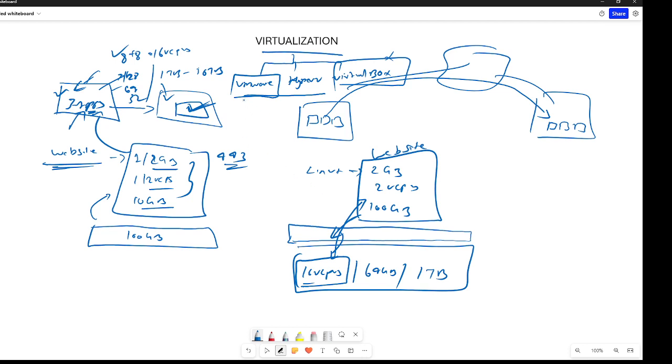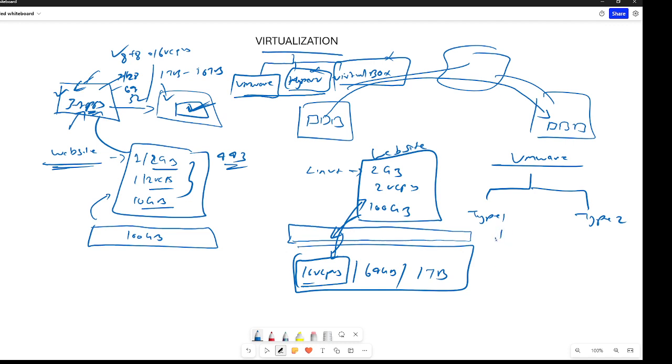Now in VMware again you have different things. Hyper-V, don't worry about it. We are not going to discuss it because it's entirely Microsoft's. Now coming to VMware, you have two categories: type 1 and type 2.